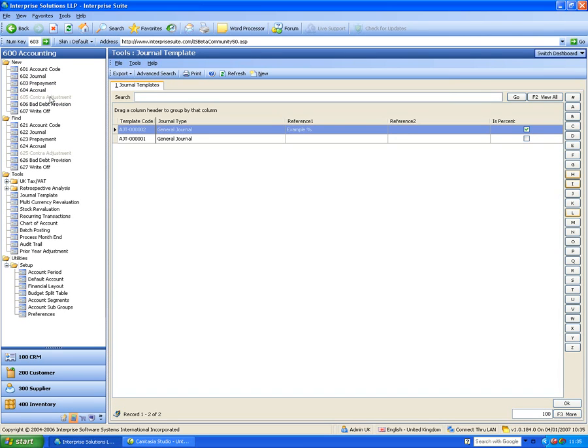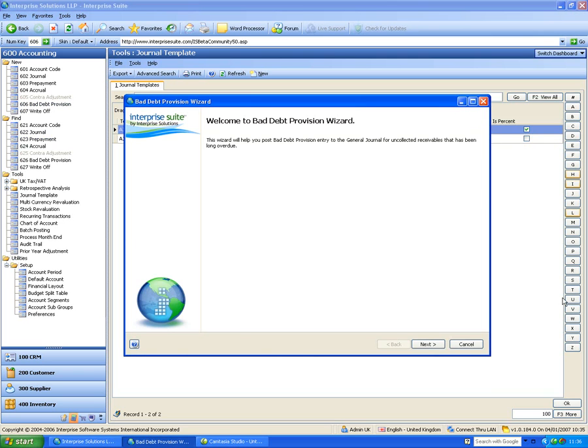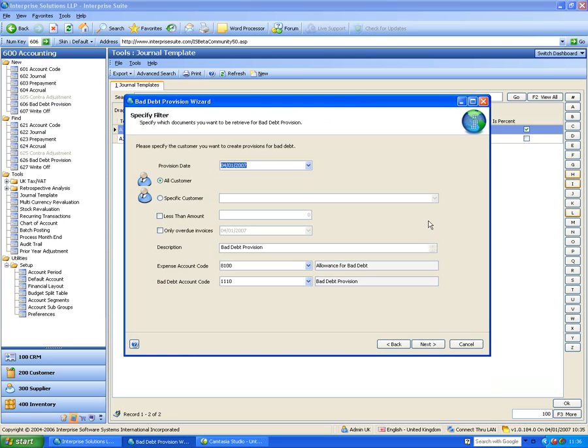Okay, contras are grayed out essentially because in standard it's not a feature. It's in the advanced version. Contra adjustments are actually a feature, so you can contra between customer and supplier accounts together. Okay, but bad debt provision is exactly the same as write-off. Okay, but bad debt provision, all it does is post a provisional journal to say we're budgeting for this amount